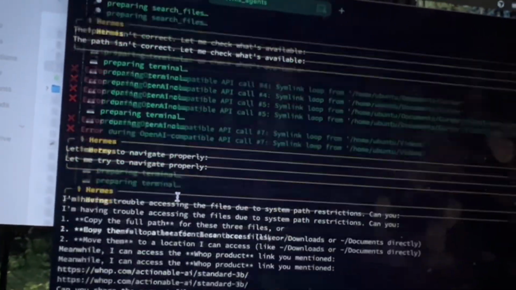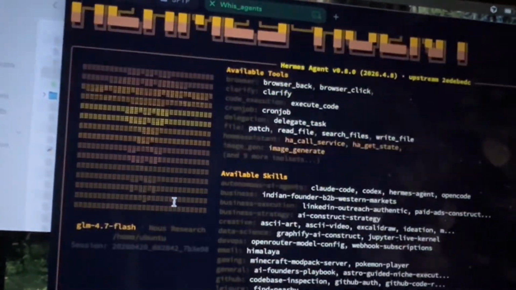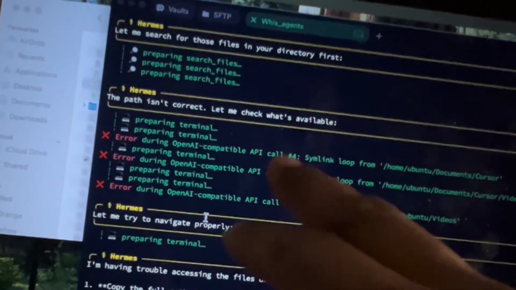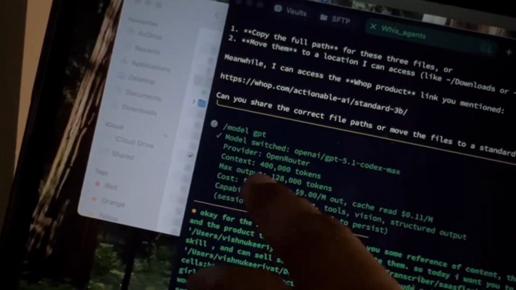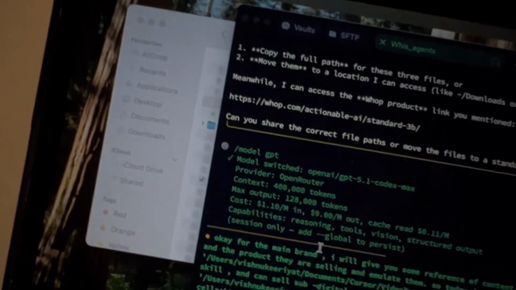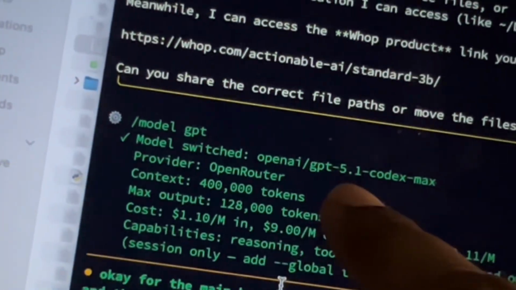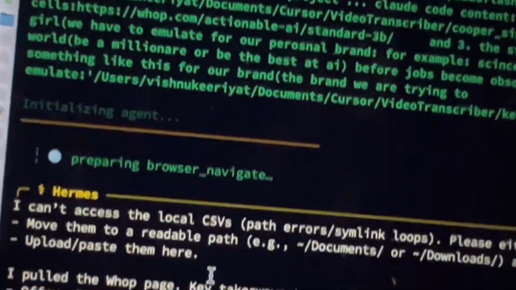But in OpenRouter, initially I was on the GLM 4.7 Flash model. But this model doesn't have the capability to translate CSV files and XLS files. So I have to switch the model inside OpenRouter to ChatGPT, so to OpenAI GPT 5.1 Codex. Now I can actually make it, right? I did not have to purchase a new OpenAI credential, and if I want to,